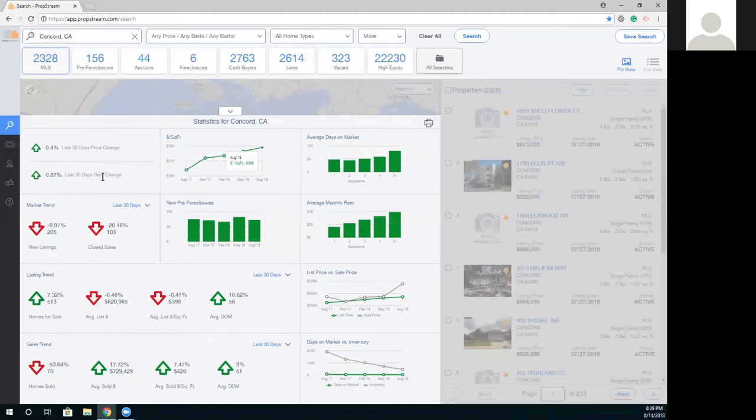Being that we have access to MLS data, we're able to see how long properties have been listed for. So this right here is one of my favorite features, the average days on market based on bedroom characteristics. So for example, if I purchase a 3-bedroom property, remodeled it, looking to sell it, this is going to tell me how long on average it will last on the market if I list it through a broker.